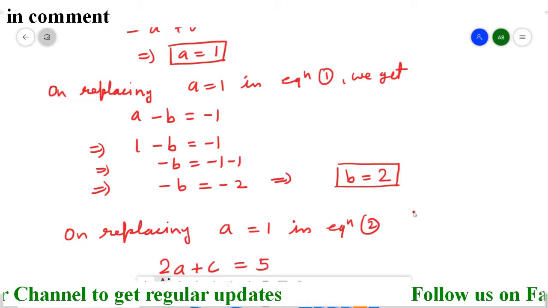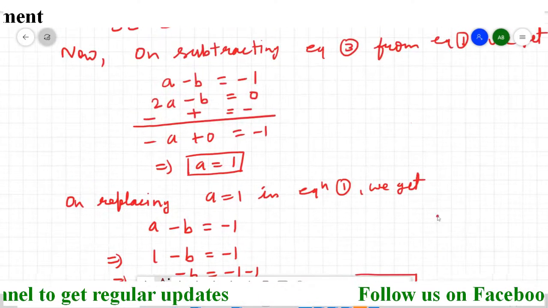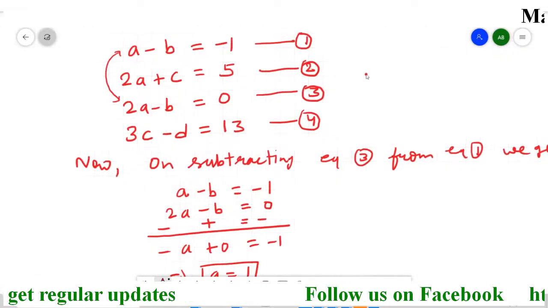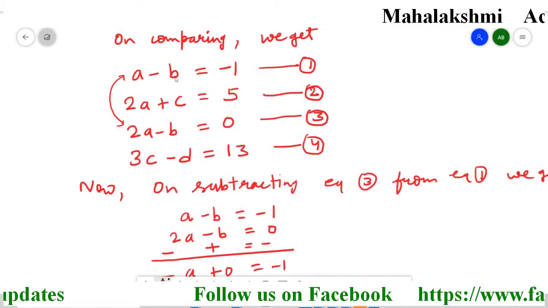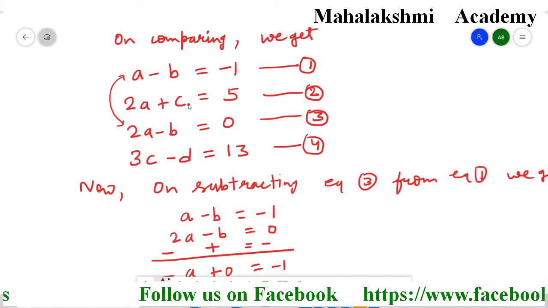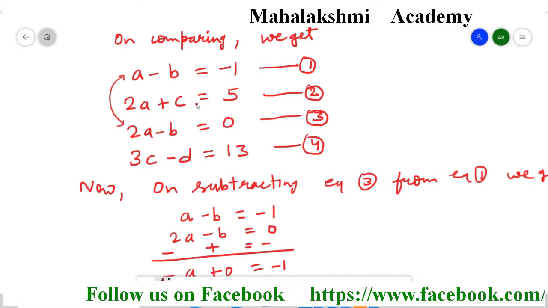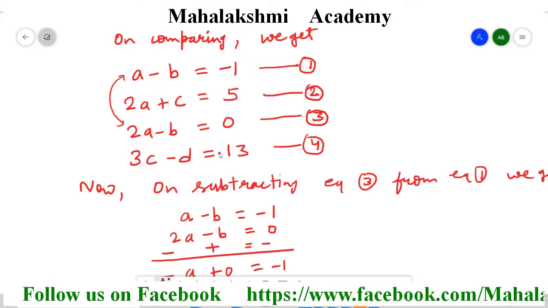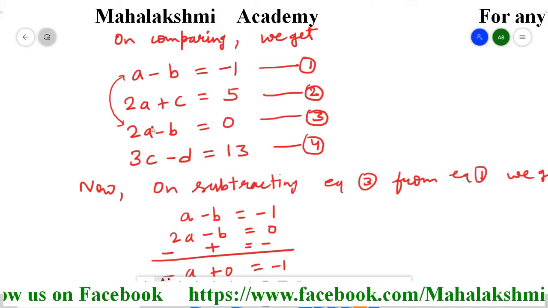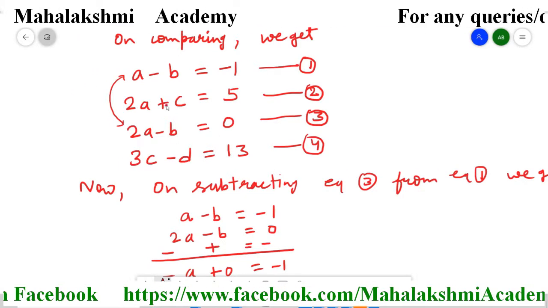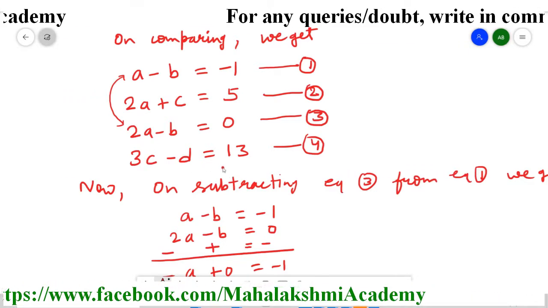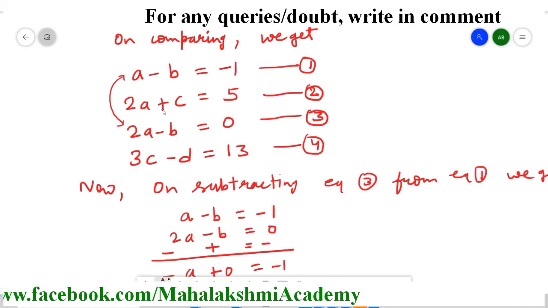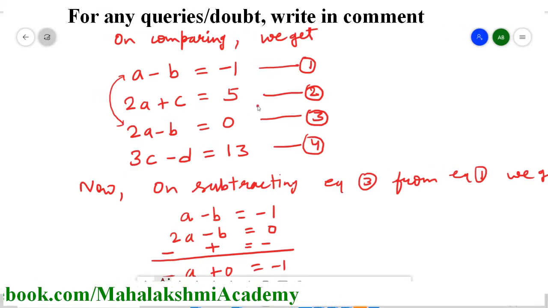These are simple calculations which you can do. Now after obtaining the value of b, we are left with 2 more equations. We solved equations first and third to obtain a and b. Now we are left with equation second and equation fourth. When you replace the value of a here, you will get c, and after getting c we will replace that value here to get d. So the value of a we have to replace in equation second.